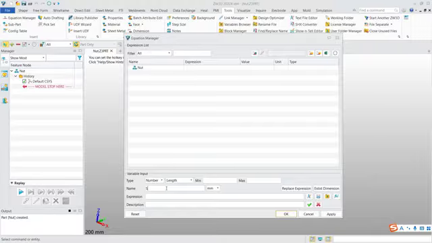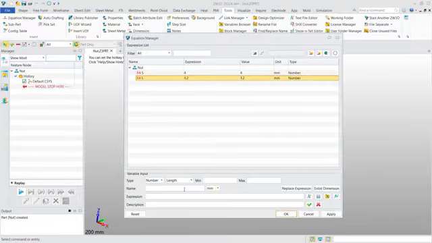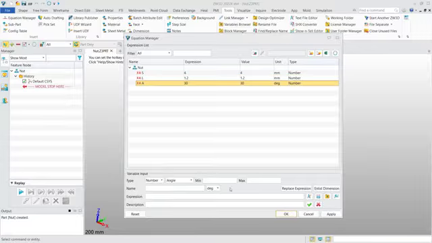For example, the size S, 4, and the length L, 1.2, and the angle. For the angle, we need to change the type to angle. Angle A, and we give it 30 degrees. And the pitch size,